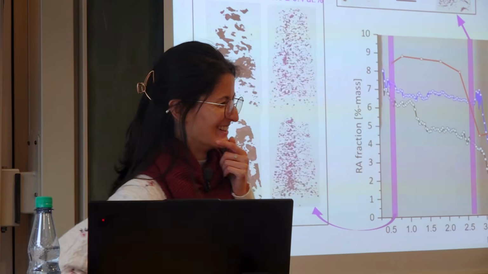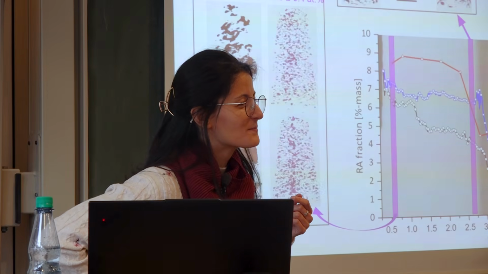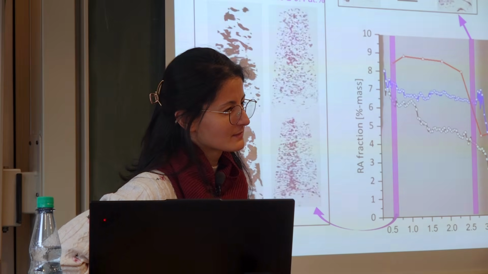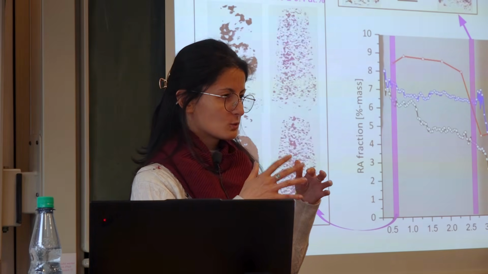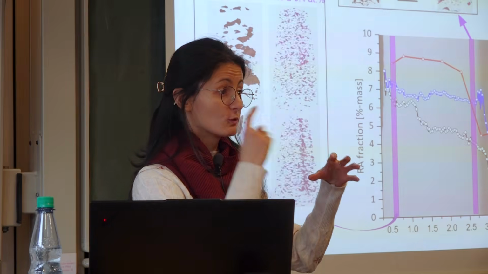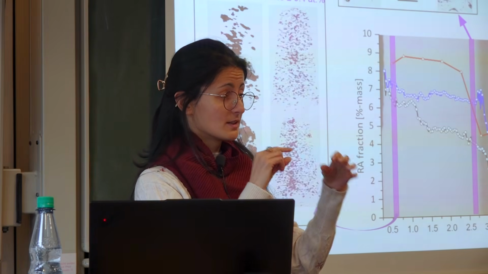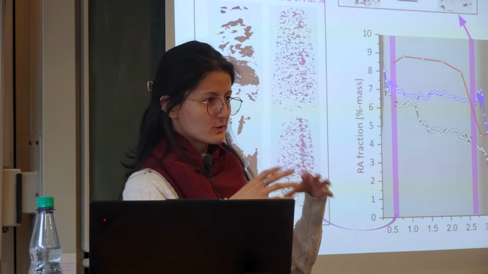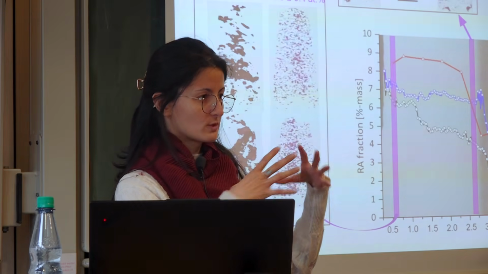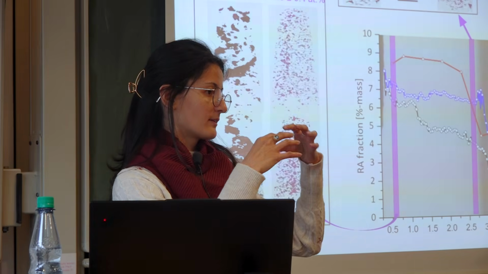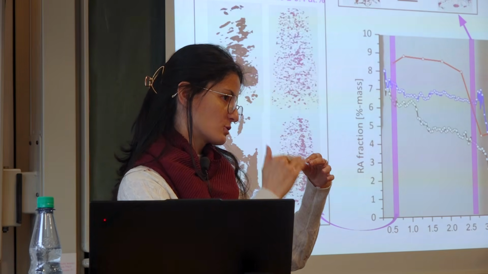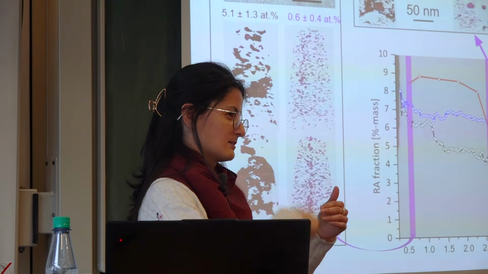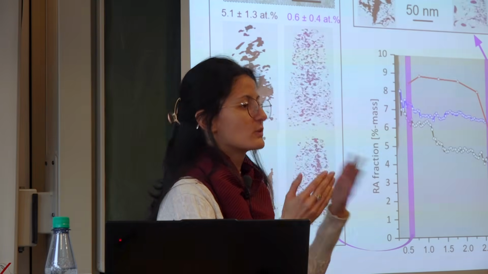No, it's not clear. So you have a main element in the matrix, and this arrival time drifts. This gives you a signal of the depth that you're analyzing. So the field we put normally is still the same, but the voltage that we apply increases with time because the sample gets larger and larger. To keep the field to enable the evaporation, we need to increase the voltage. And thanks to this, we know how much distance we have between the sample and the detector. And that's how we reconstruct the Z direction. It's just with the voltage in the end.